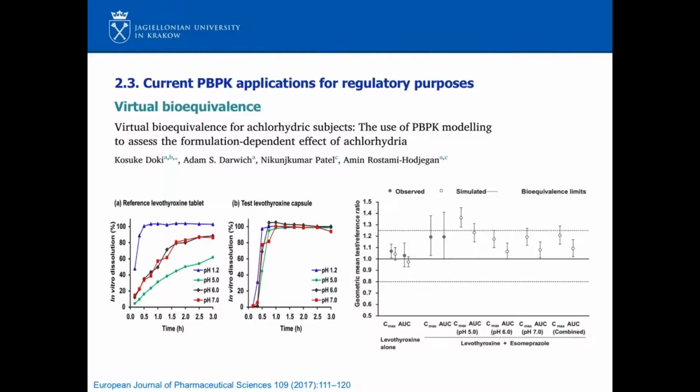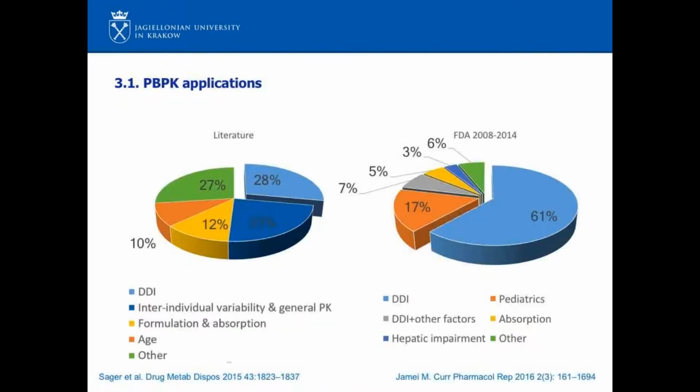So this study shows that the proper implementation of PBPK modeling can postulate in vivo consequences of any difference between the formulation, the tested one, and the reference formulation. And it can do it not only in healthy volunteers, but also in other types of, let's say, populations which are not commonly assessed during the bioequivalence studies. So these are main examples of the PBPK applications in the regulatory area, but we can expect that it will be further expanded, because